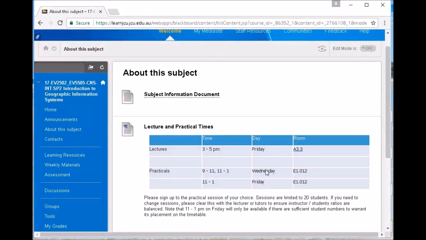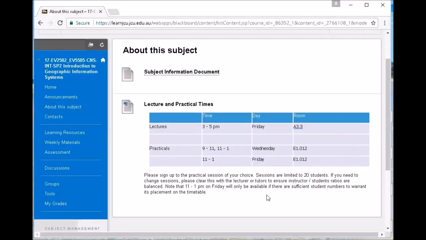You've got your lecture and practical time slots here, and you will need to be signing up for a practical time. You only need to attend one practical for the week. If you do want to change at any stage, you need to let us know, because those practicals usually fill up and we don't want to have an oversupply of students in any particular practical session. But all the pracs are exactly the same, and so that's why they're all repeat pracs,